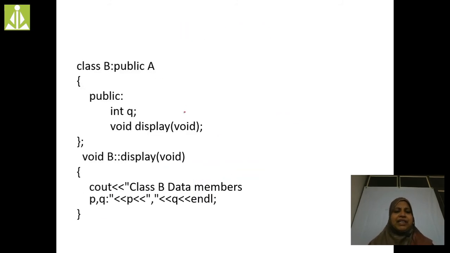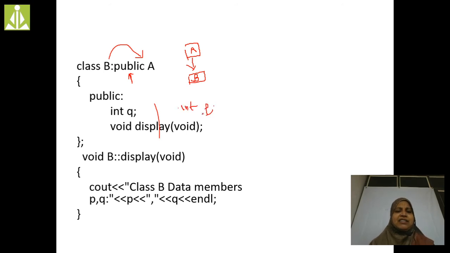Now class B public A, display method is there. Class A is the base class, class B is the derived class. Class B is going to derive from class A in public mode. So the data members and member functions present in the base class are inherited in class B. Here I am going to inherit the variable int p.